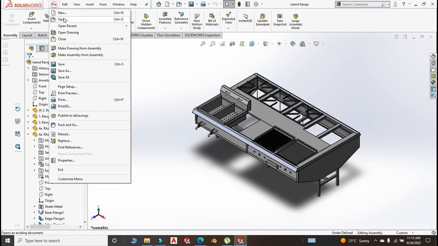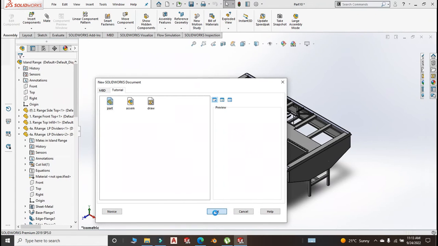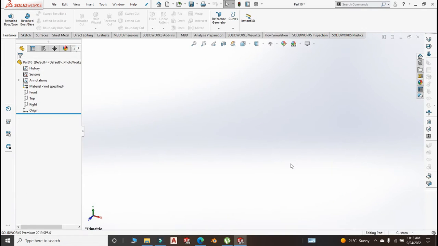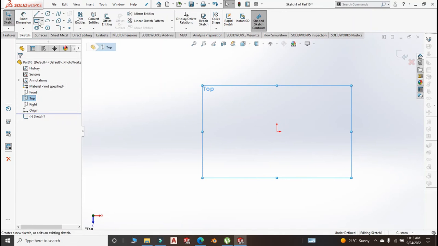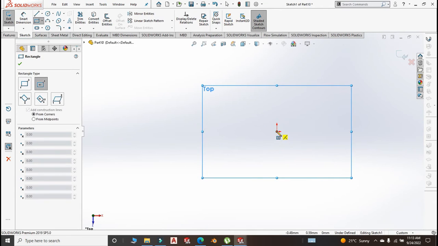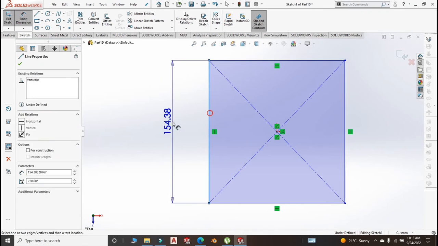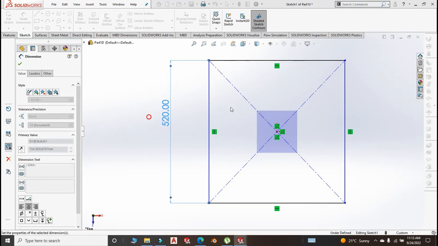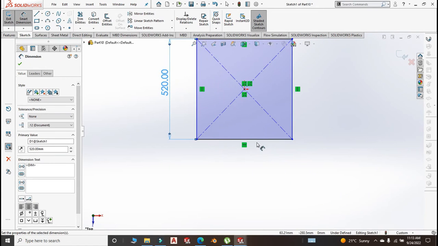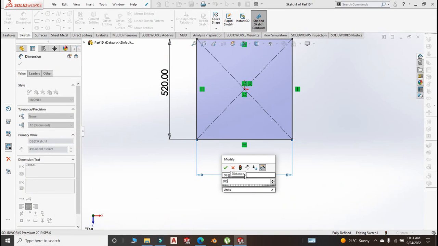We go to file, new part, okay. Then we go for the top plane, start a new sketch, go to center rectangle, snap it from the origin, and the dimension is 520 by 300, 305 by 305, and